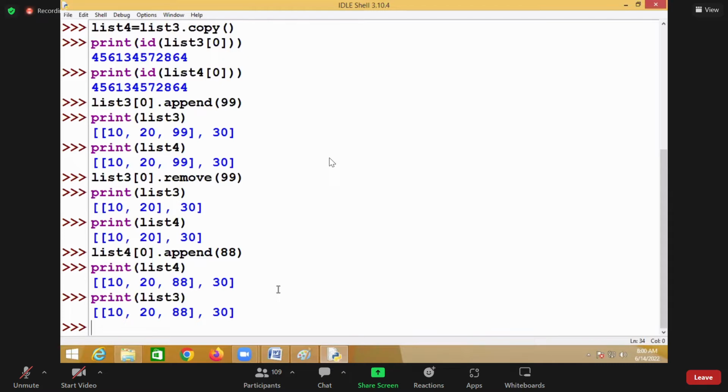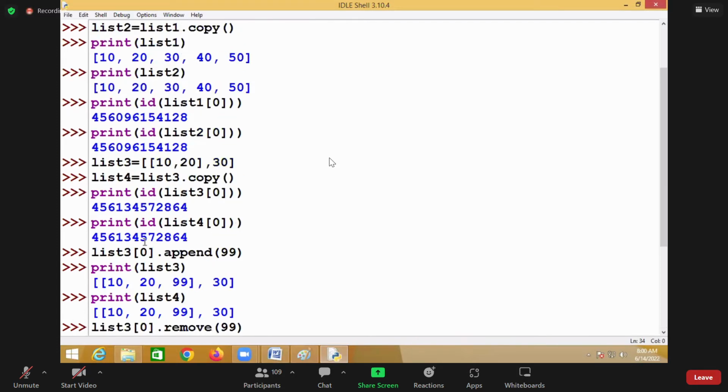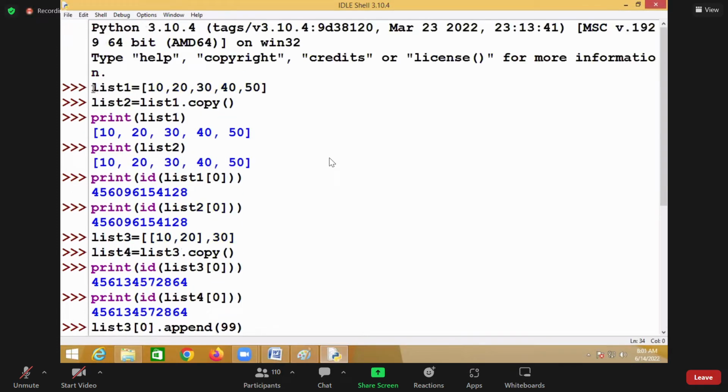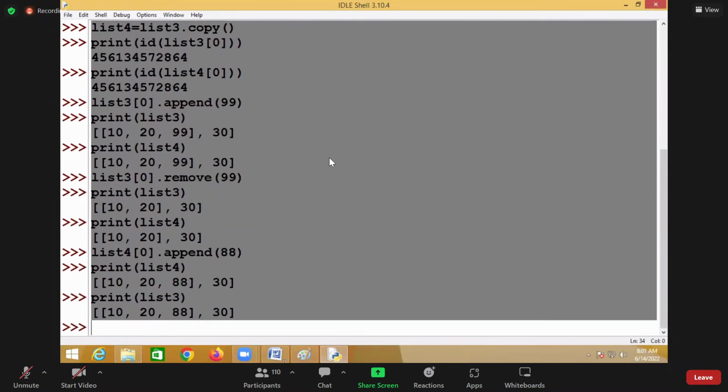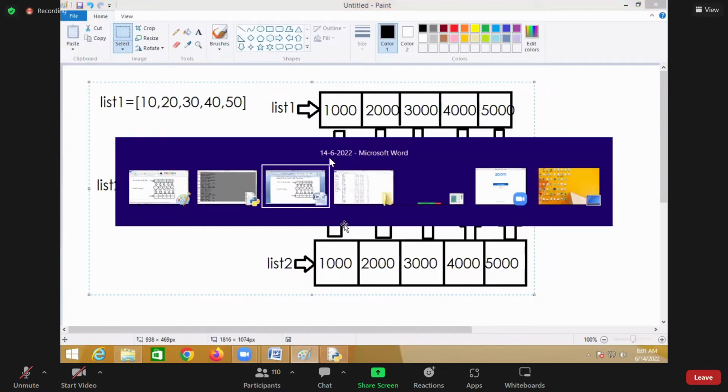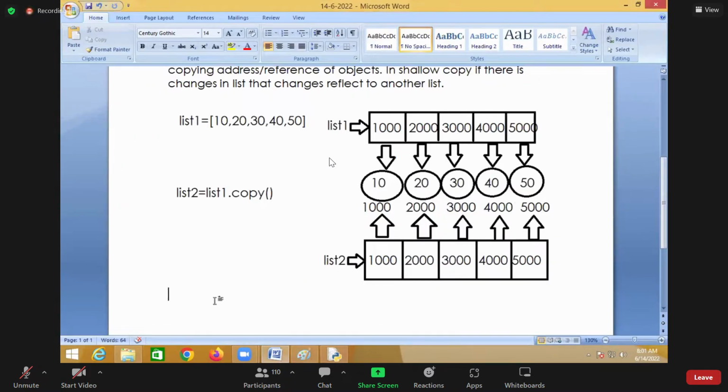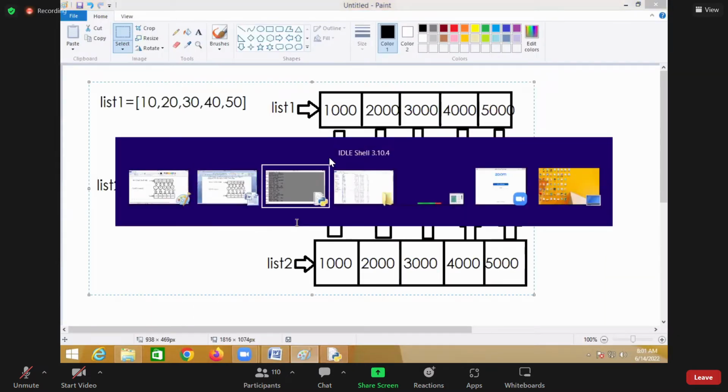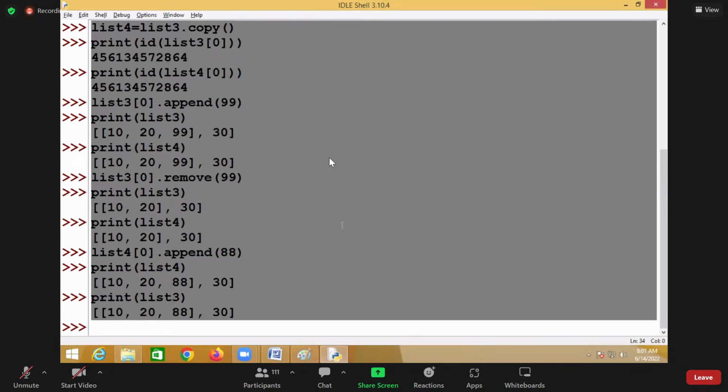So in application development, you want to create a copy of the list in such a way that if you do changes in one list, that changes reflect toward another list. Then you go for shallow copy. Shallow copy is nothing but a reference copy, where it will try to copy the reference, meaning the address of objects that exist in one list,